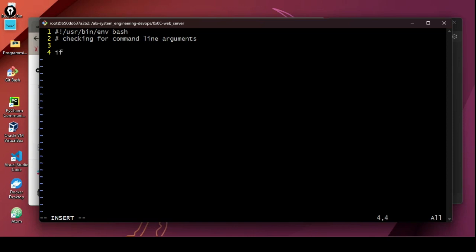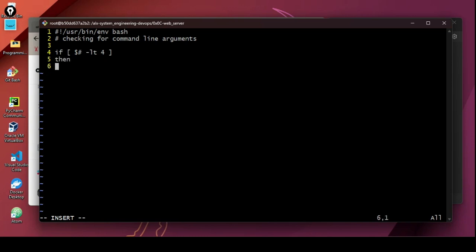We can say if, then with our bracket we set a variable, and we say if the number of arguments entered is less than 4. We remember why it's 4. If the user enters maybe only the IP address and the location of the private key, but did not specify the name of the file, that's like 3 arguments. So if the number of arguments is less than 4, what should we do? We can now say then,